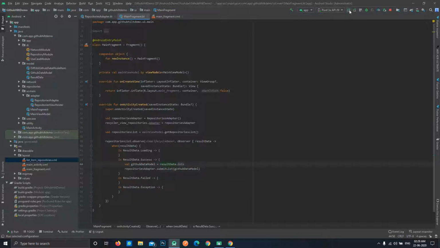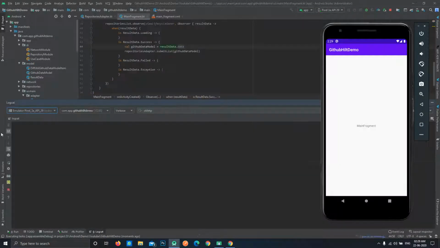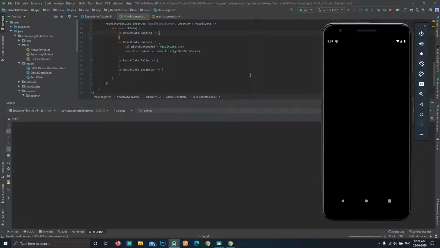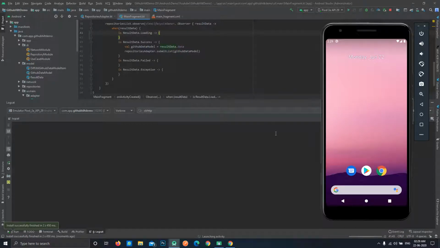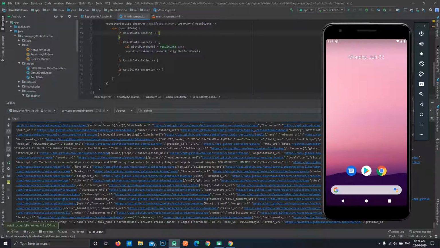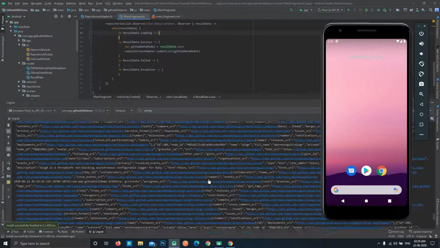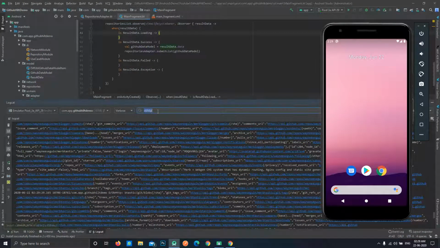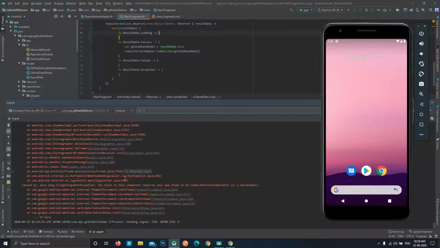We can directly run our application to see what the output is. We'll also open the logcat to see whether our API is failing or successfully running. We haven't actually implemented any loader, but you can do that in your demos. We can see that the API call is running, and as soon as our data gets inflated, our application crashes. To check the crash, we need to remove this OkHttp filter, and we can see the crash over here. Oh, the crash is actually really simple to fix.